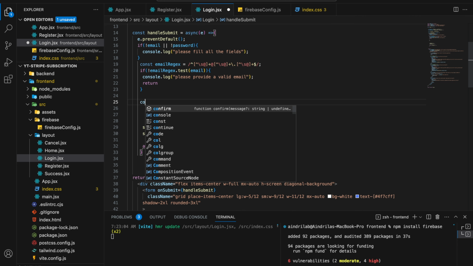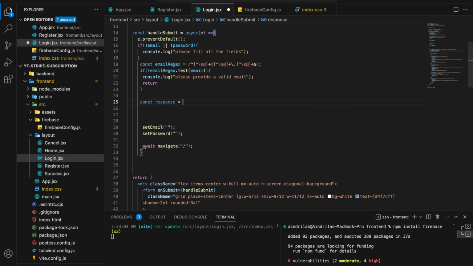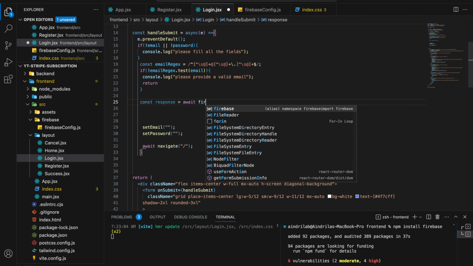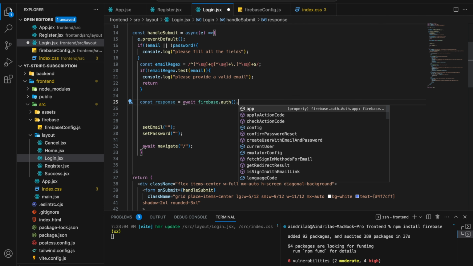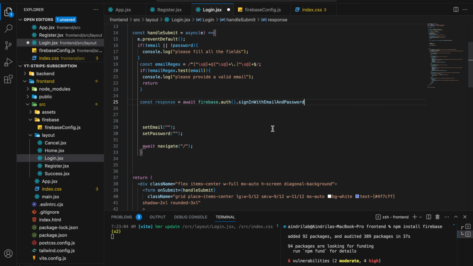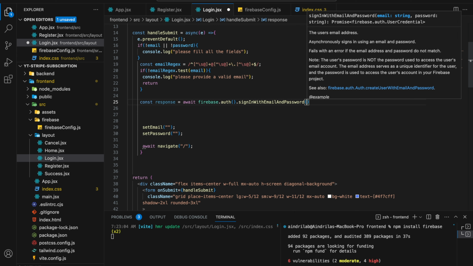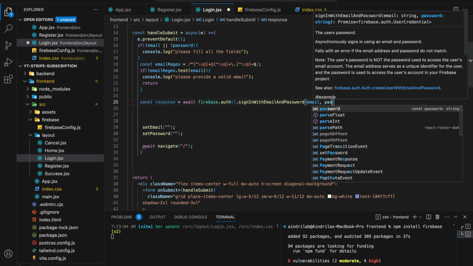We'll do const response equal to await Firebase dot auth dot sign in with email and password. Okay, this is another built-in function of Firebase. So we'll write email comma password,